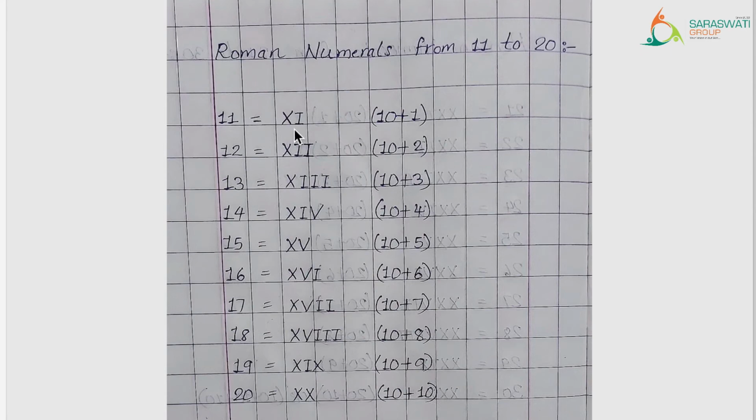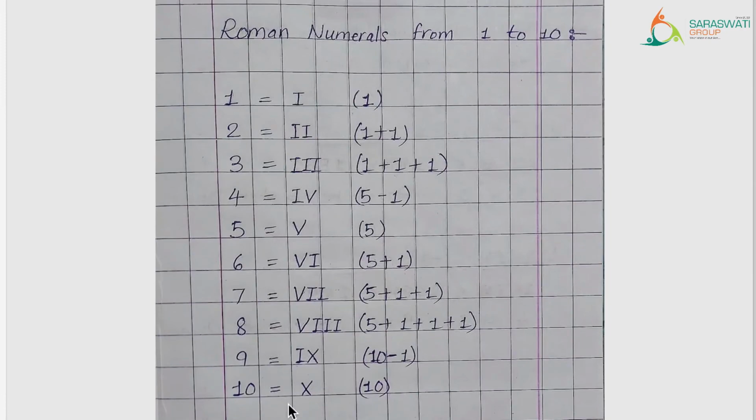So students, the Roman numerals we have for 1 to 10, that is I, then I repeated 2 times, I repeated 3 times and this one, then all these until 10, for which the Roman numeral is X. In front of these we have added 10 over here. So what is the Roman numeral for 10? X. So in front of all of these we have added X over here. See, X before I, X before I repeated 2 times, here also X first, and X before this. So over here what have we done? From 1 to 10 we have these Roman numerals, and in front of them we added X.